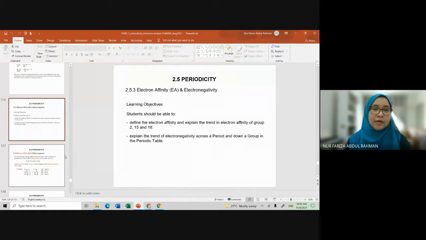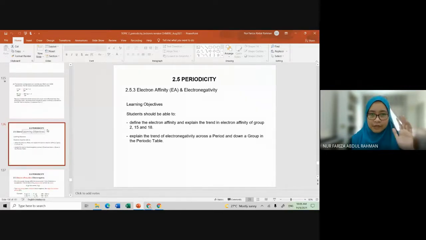Group 2 has a full filled orbital which is already stable, and as for group 15, they have the half filled orbital which is also stable. Please take note of that, and then we have the next subtopic, which is the electron affinity,